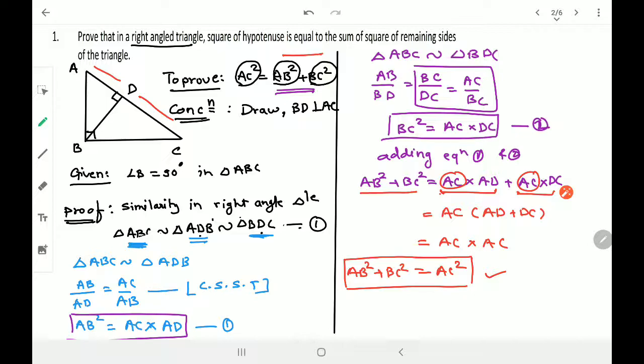So very simple. If you want, you can practice the same by taking different names. Instead of taking ABC, you can take PQR, so that you can nicely practice it. Okay? So make sure that you understood this theorem. If you are not understanding, repeat the video, or else send a simple message to me that you did not understand the Pythagoras theorem. I'll send another video to make it more simple. Okay, let's continue.